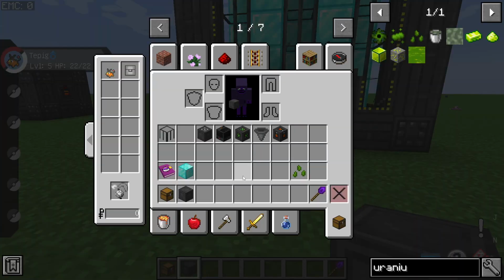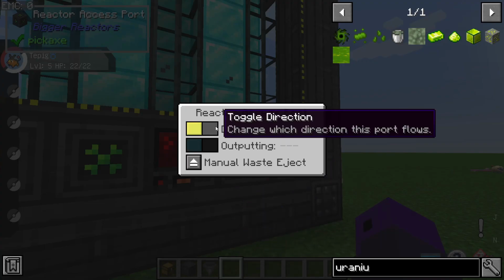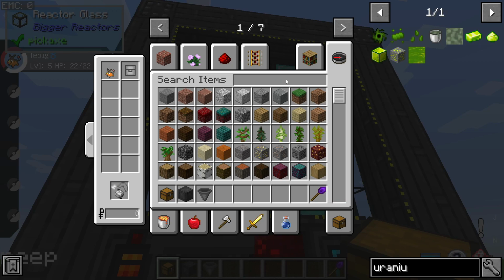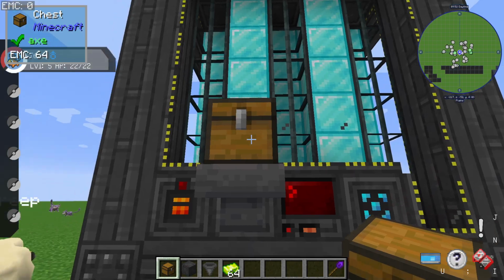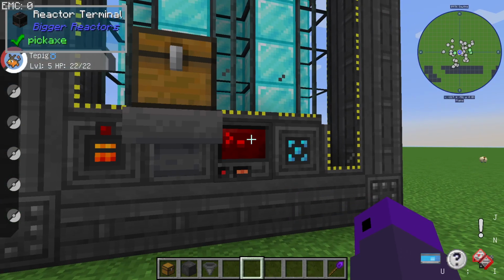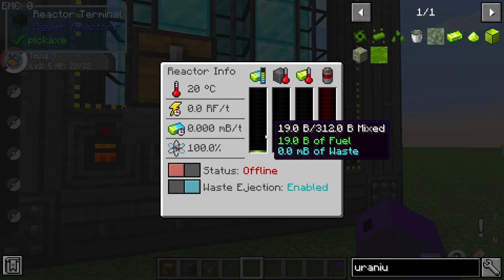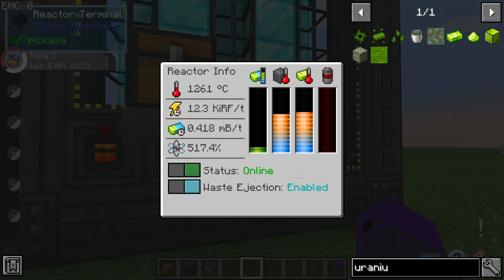And then all you have to do after that point, obviously, is you're just going to take a hopper, make sure one of these is an outport, put the hopper in, put the chest on top, grab a bit of uranium, like so. Now this has a much higher capacity. This is going to be storing a lot of fuel. Like, you need a ton for this bad boy. But, turn it on, this will generate...